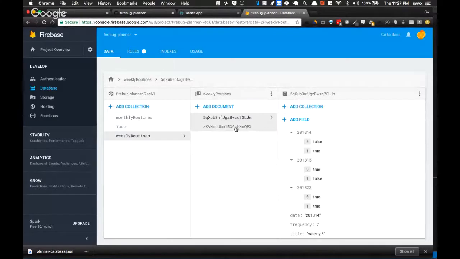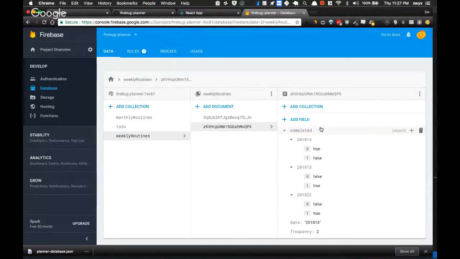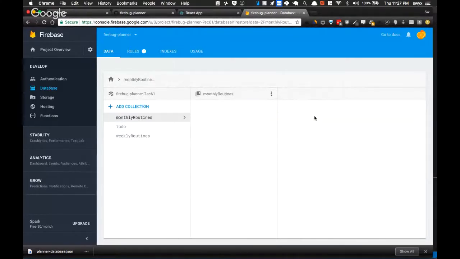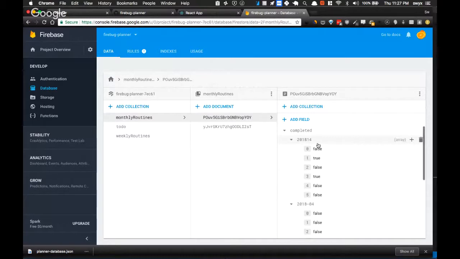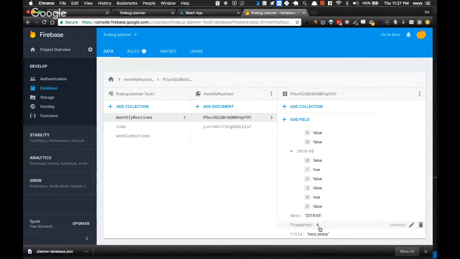Over here, this is not a good example. Here, yeah, see 1, 2, 3, 4. I need to check if they're. So for example, if for this one the frequency is 6, I need to check for all 6 of these entries if they're included, and if the frequency has been bumped up to more or less than 6, then I need to obey this and only display whatever exists. So how I'm gonna do that